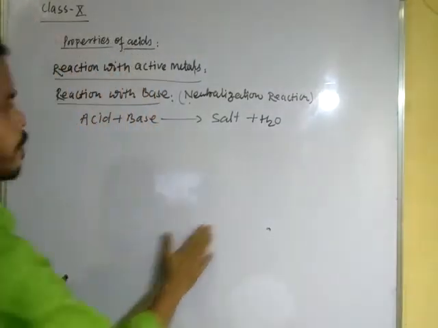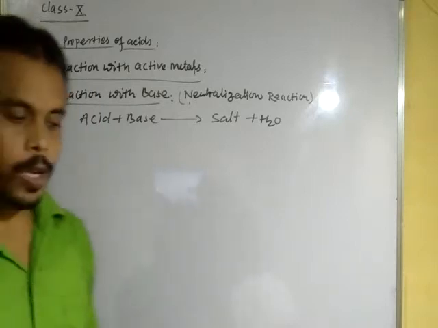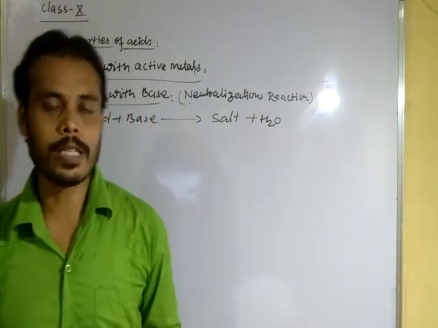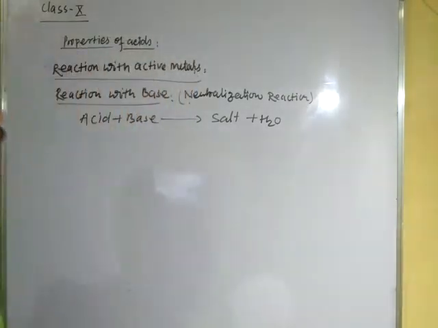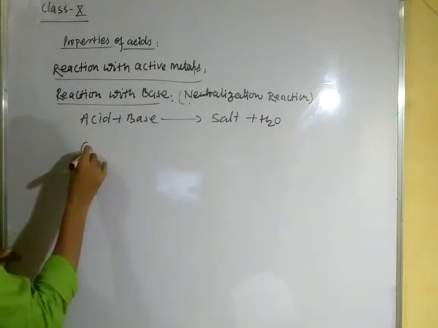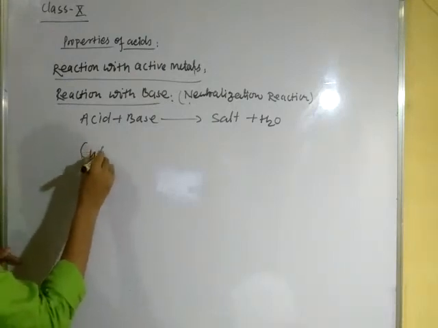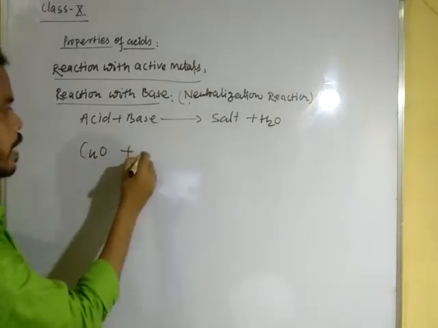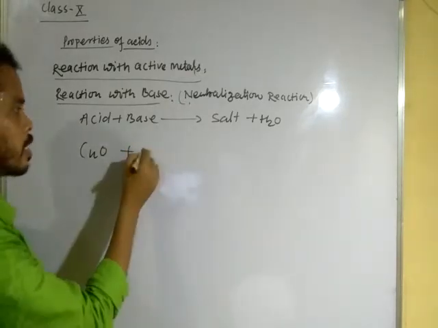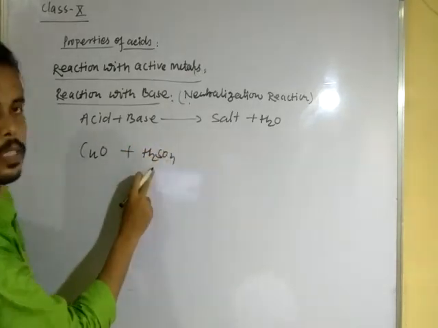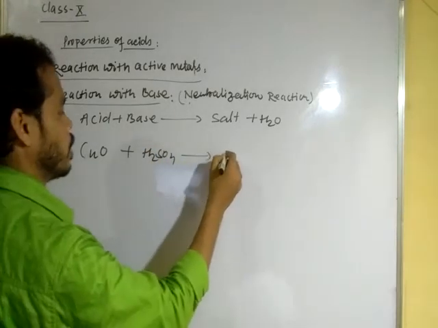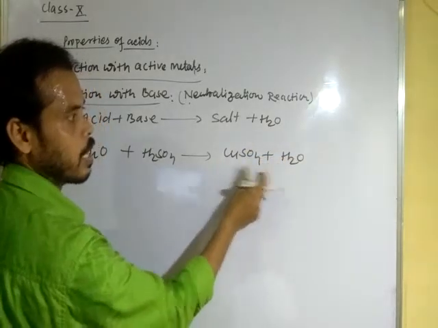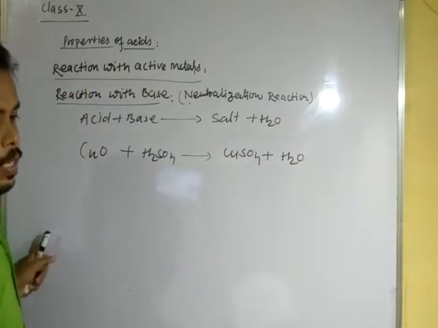Okay, let us see examples of neutralization reactions, and we know what a base is. All metallic oxides and hydroxides are bases. Now see here, when CuO, cupric oxide, a metallic oxide, a base, is treated with H2SO4 or HCl, etc., H2SO4, you know, is an acid, it forms copper sulfate and H2O. This is a salt and this is water. Clear?